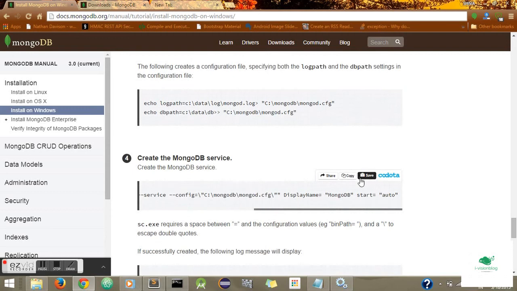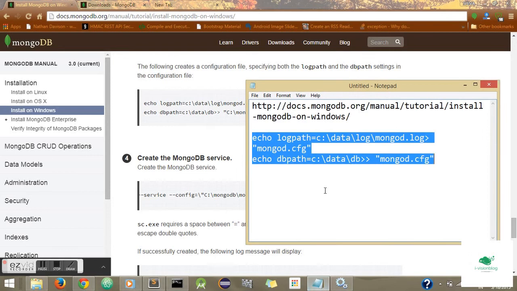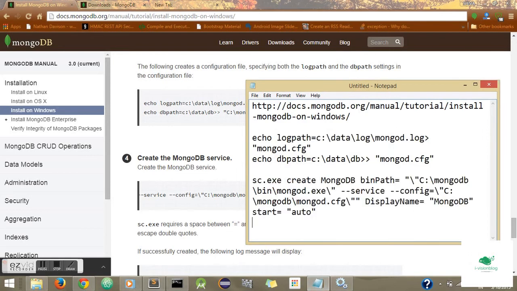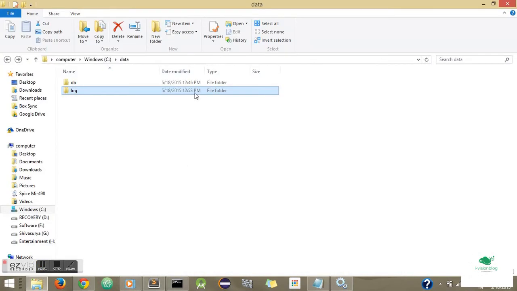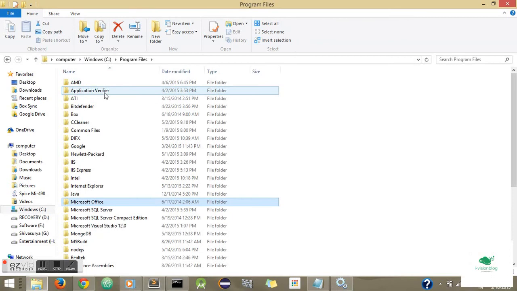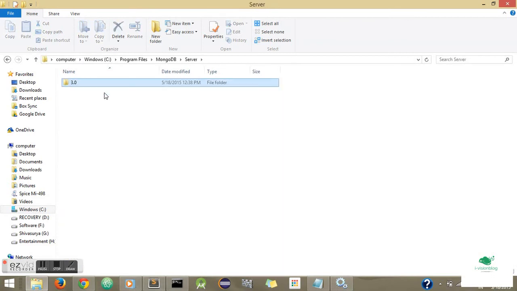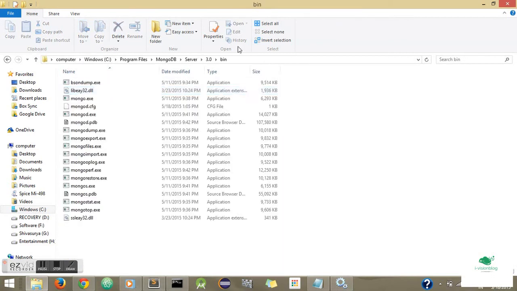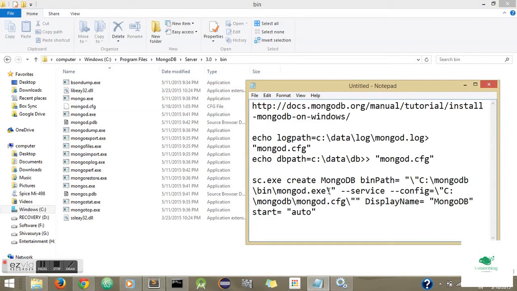And now it's time to create a service. Just copy it and paste it here. So sc.exe, and give the appropriate path of your MongoDB: Program Files, MongoDB, Server 3.0, bin and mongod.exe. That's our daemon, which is called a daemon in Linux. We are just adding it in our Windows as a service,